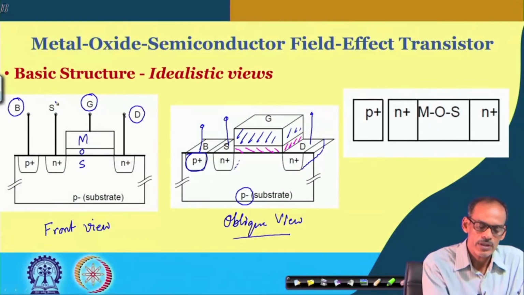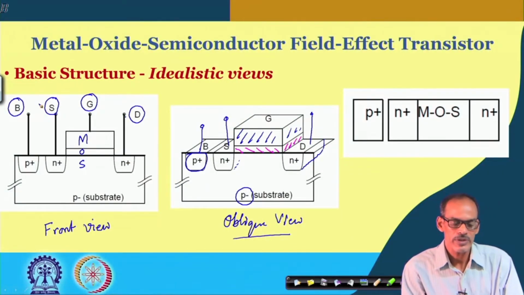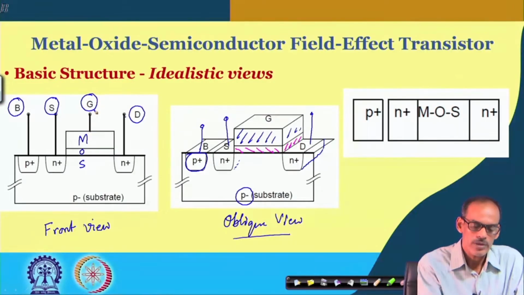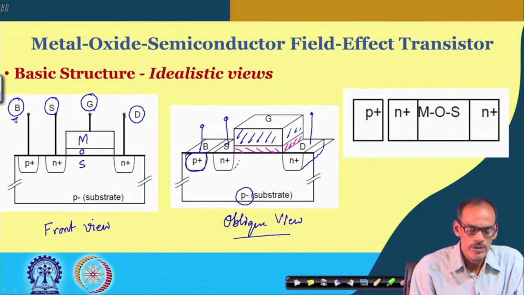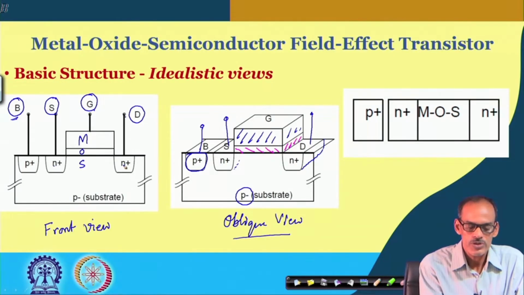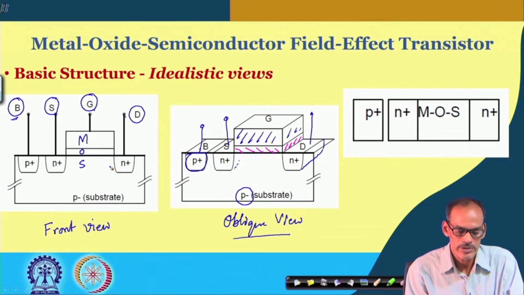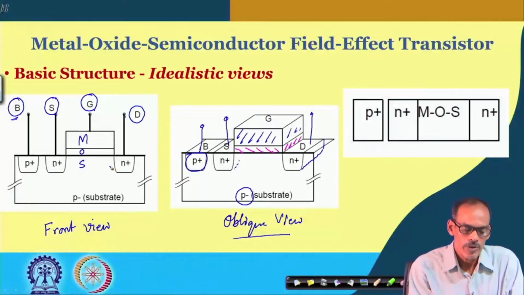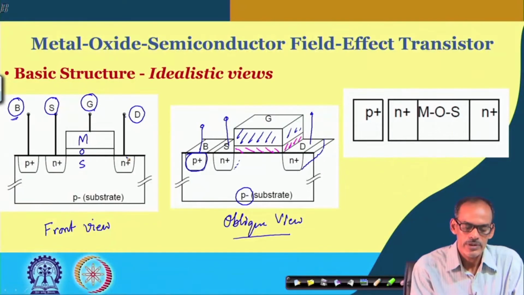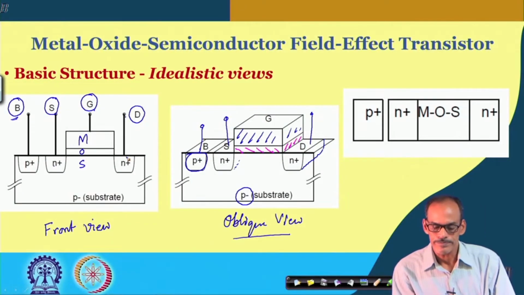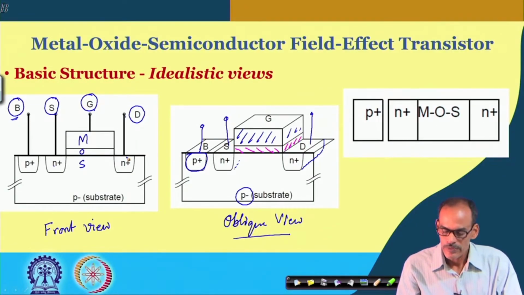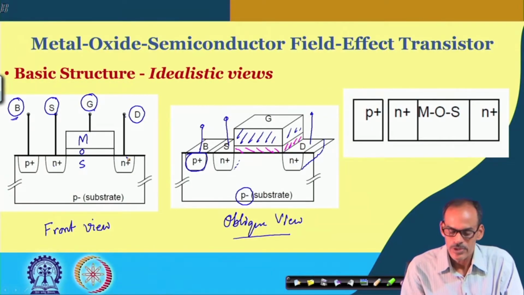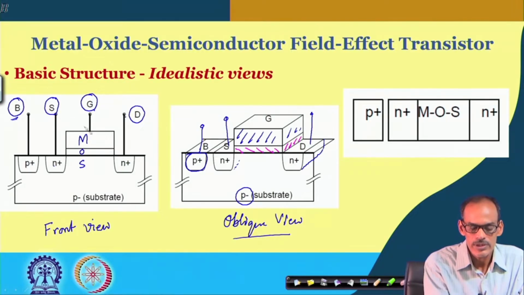So, that is the naming convention. The controlling terminal you call gate, the substrate tap we call body, and then one of these two islands between which we are changing the characteristic, one of them we call source, another one is drain. Okay. Now, if you see the top view of this device,